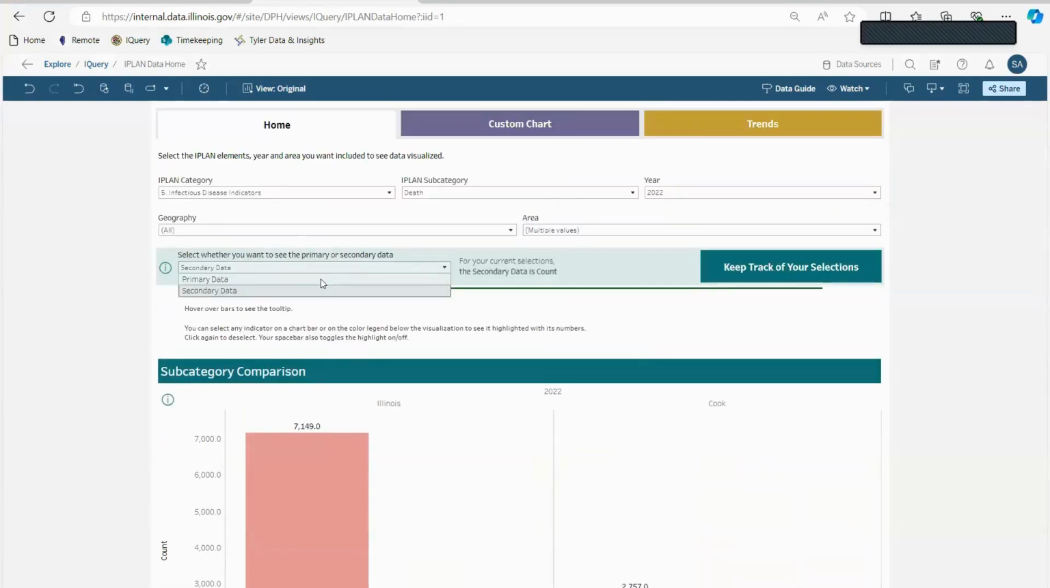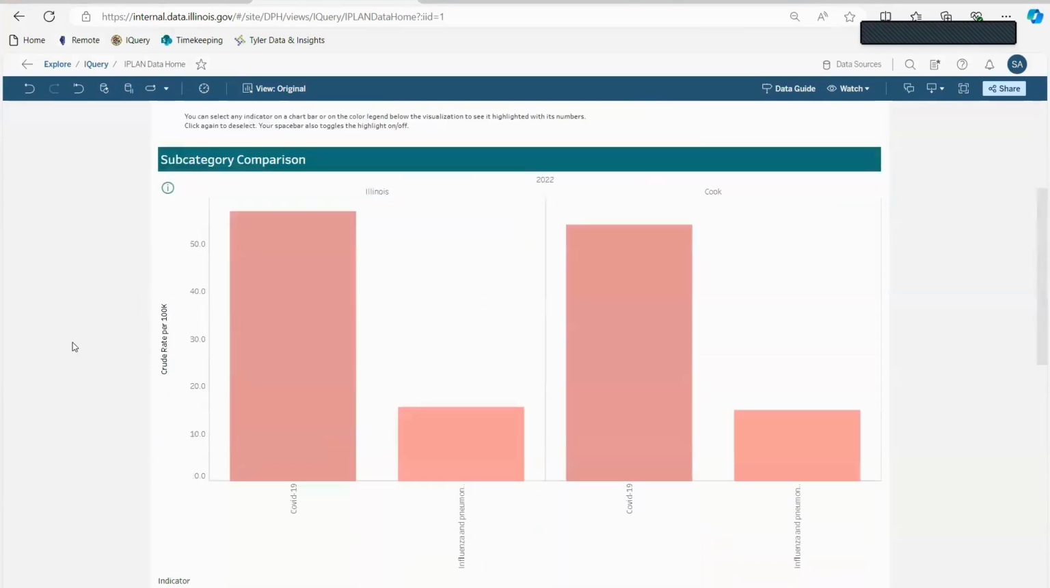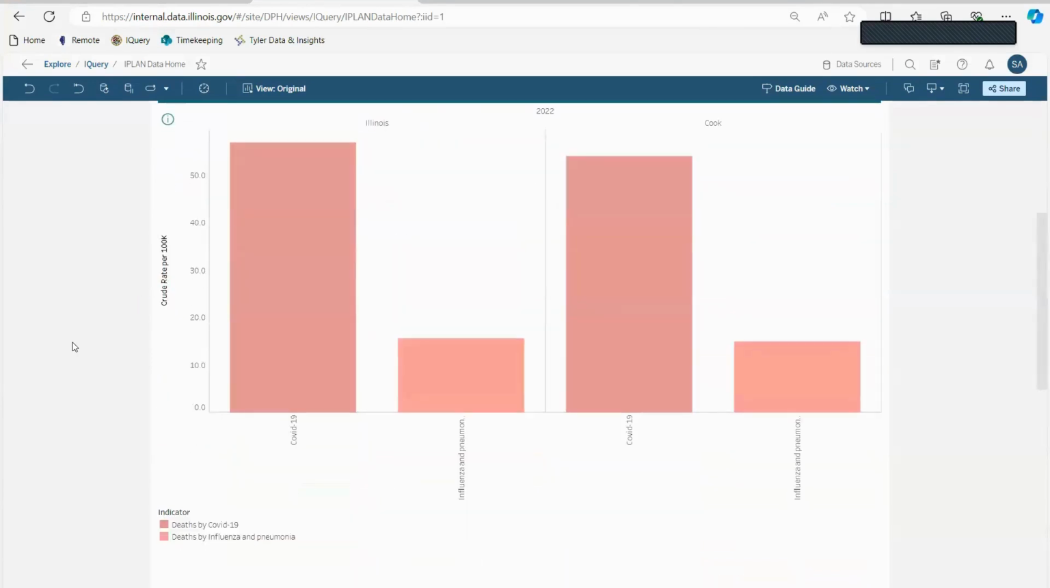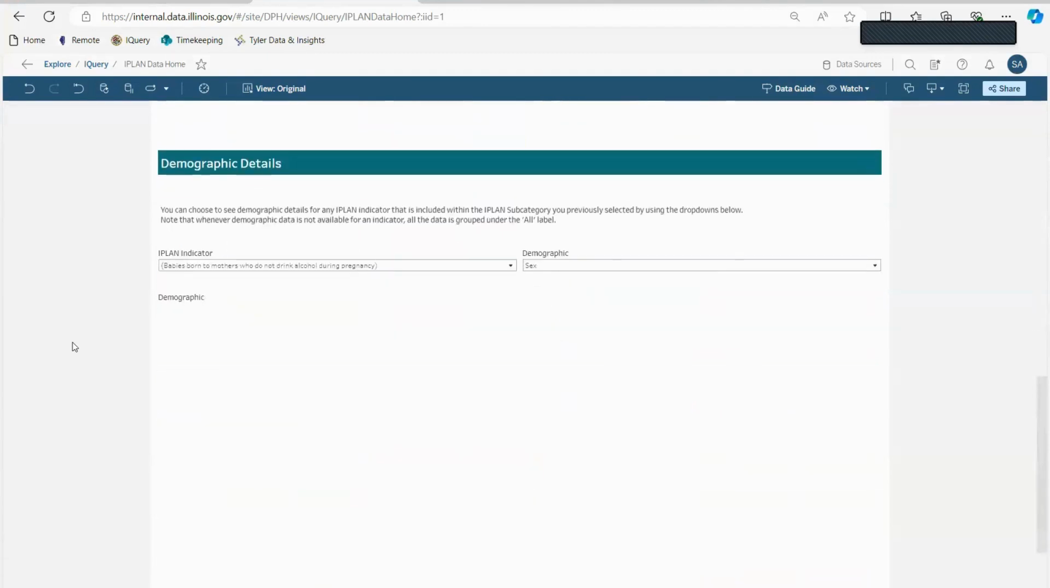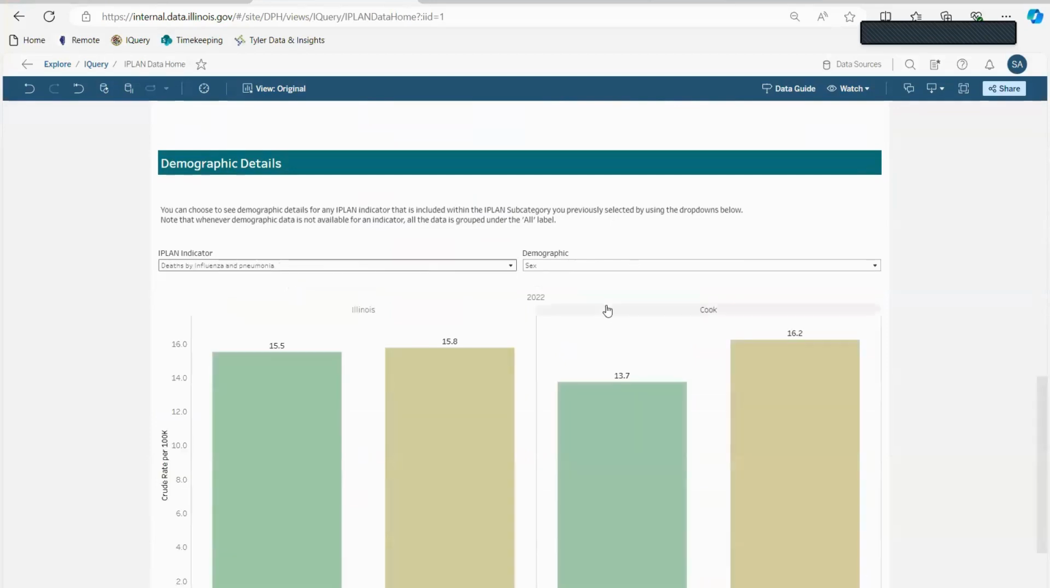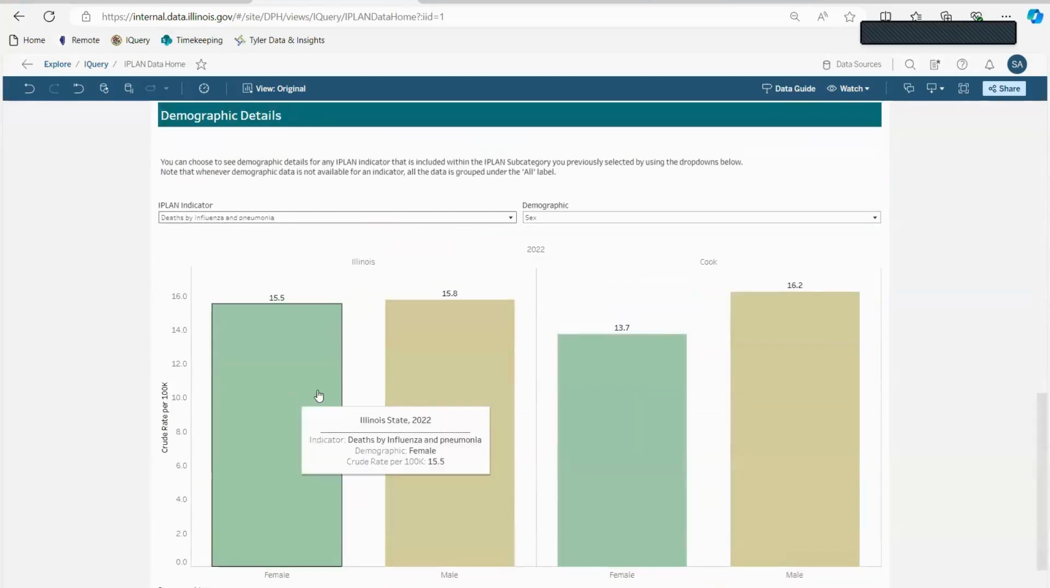But I'm going to go ahead and keep it on primary data for the crude rate, because probably a lot of the time it's more useful. Now, lower down on this homepage, we've added a section to look at different demographic details. So if I go ahead and select deaths by influenza and pneumonia,